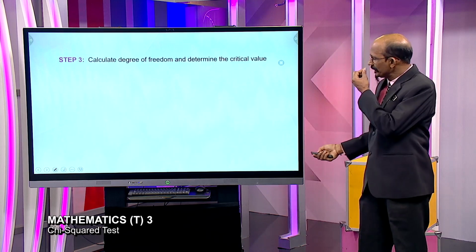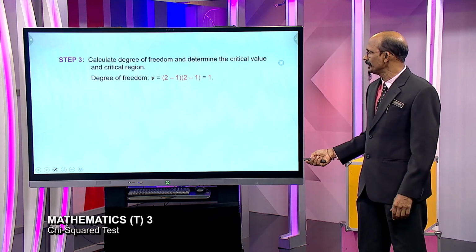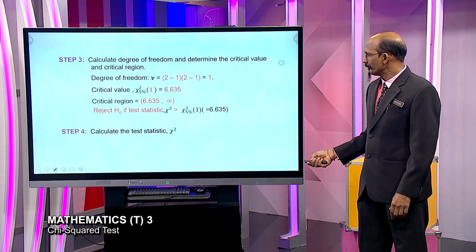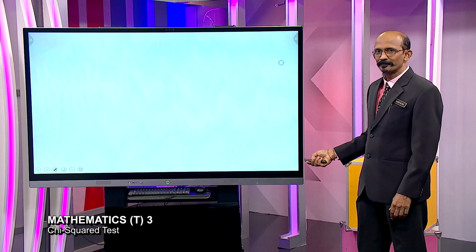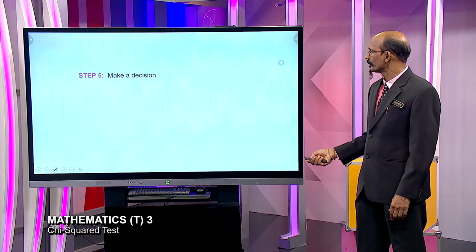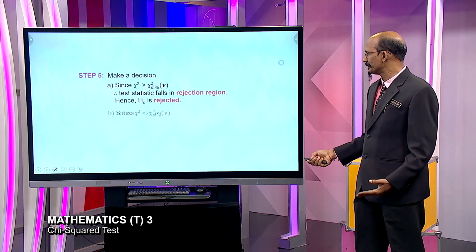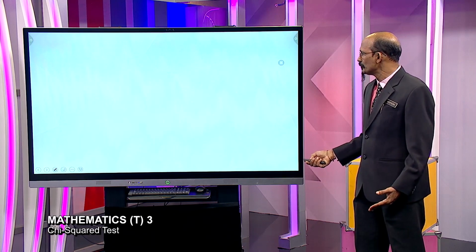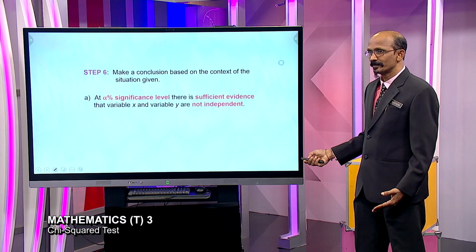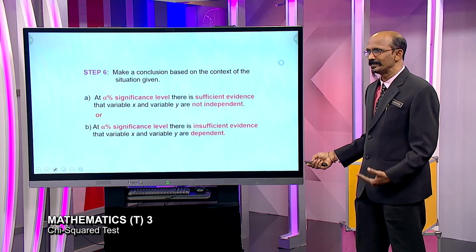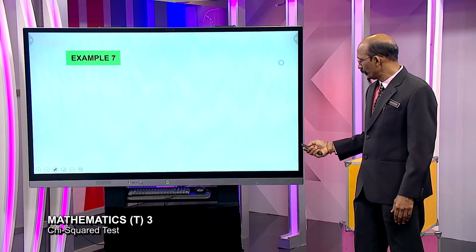So in step 3 onward, step 3, step 4, and step 5, the 3-layer statement is still the same. And then our conclusion also remains the same. We never do any changes. The way of doing is still the same. So for one example,